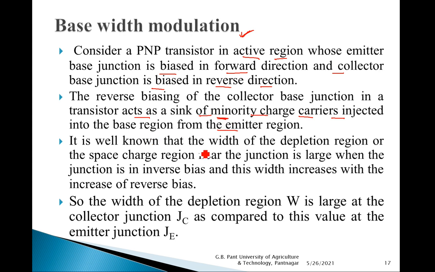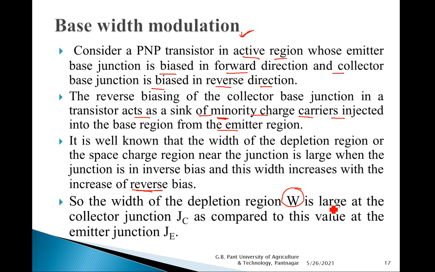Now it is well known that the width of the depletion region or the space charge region near the junction is large when the junction is in reverse bias, and this width increases with the increase in the reverse bias. Okay, so you know that if you increase the value of the reverse bias voltage, then the width of the junction under reverse bias increases. So what happens? The width of the depletion region W,